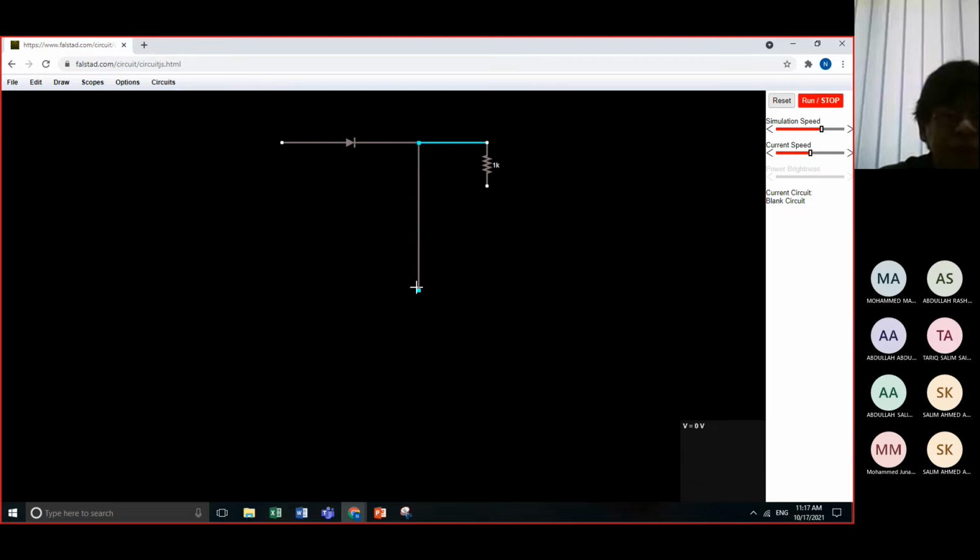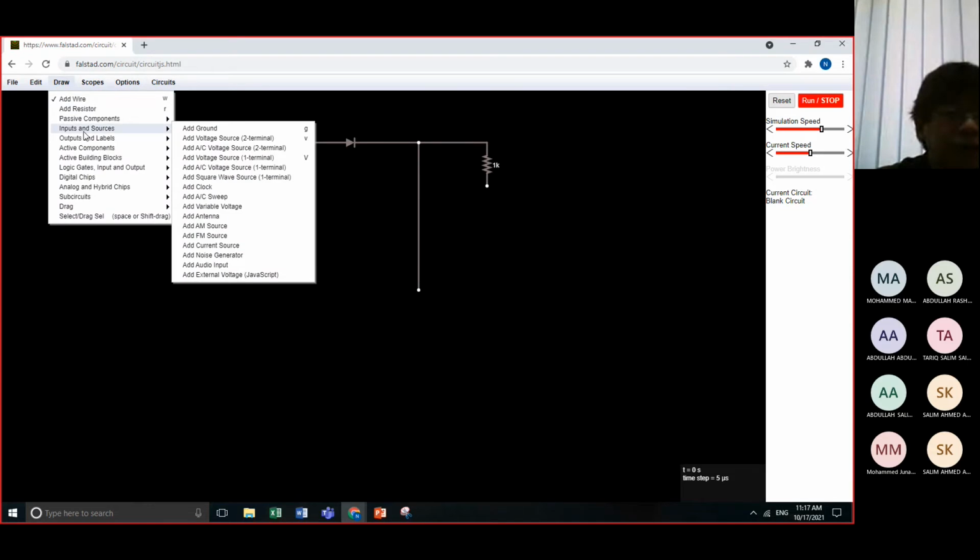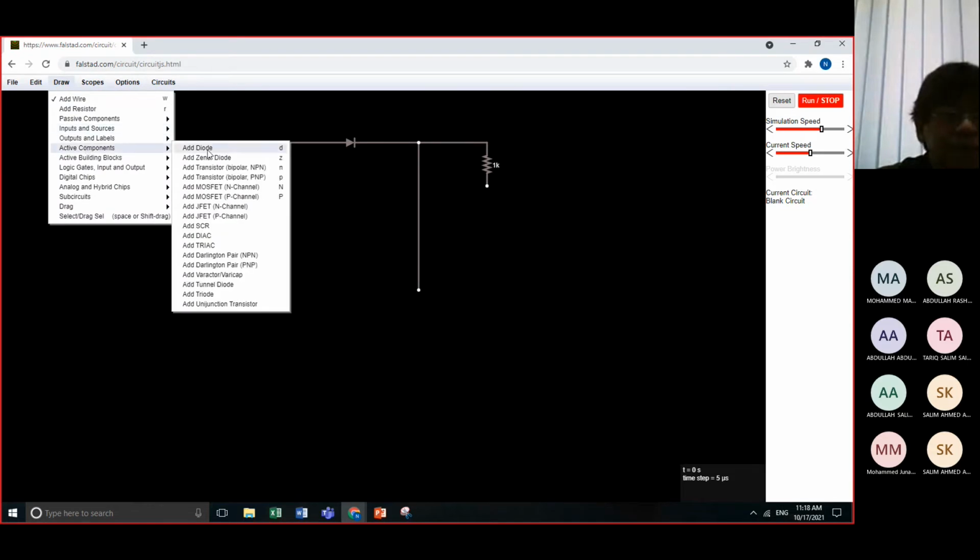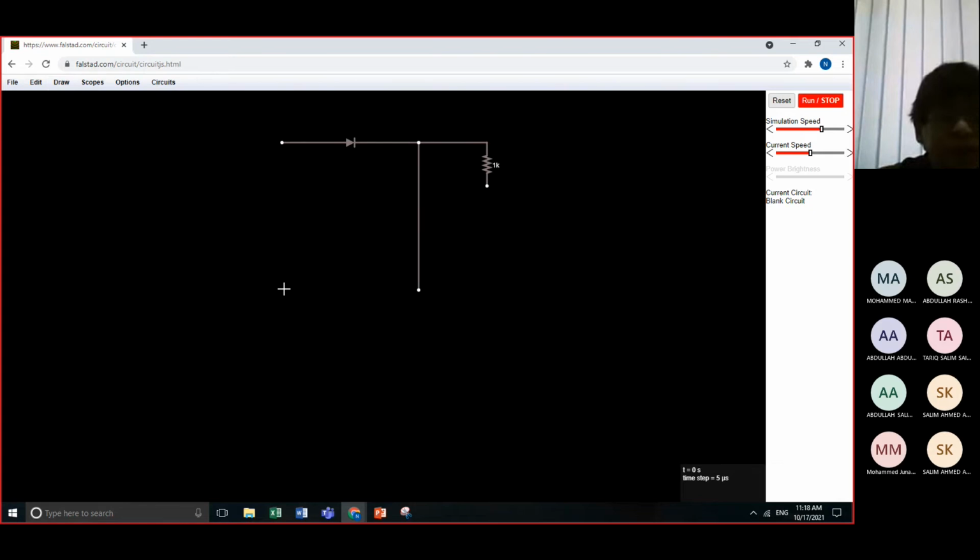I want a straight line. Okay, then diode. It is in the form of an active component. So from here, we will connect here. Okay, two diodes are connected in this circuit.